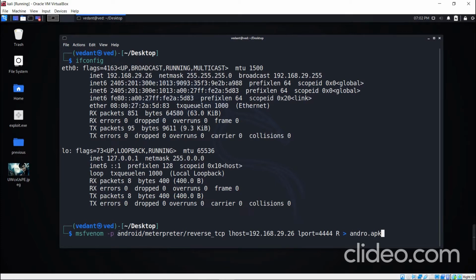I'm going to create it for Android, and we will be doing a reverse TCP attack on the network. So we have given the L host and the L port. L host is the IP address of the network, and you can either choose L port as 4444 or 4455. And I'm going to name my file andro.apk. This is going to generate 10,000 bytes of data. So just hit enter,